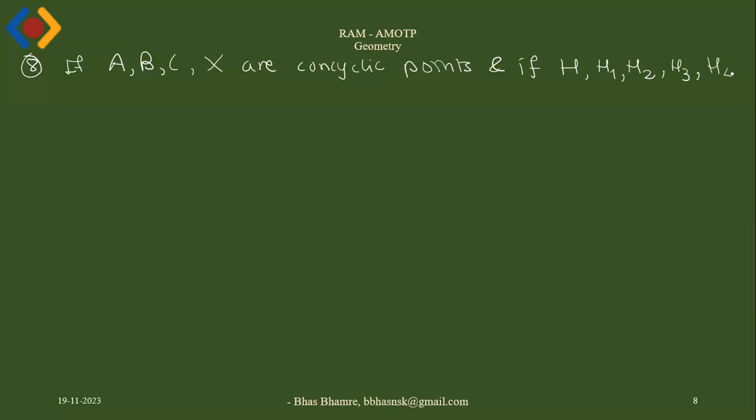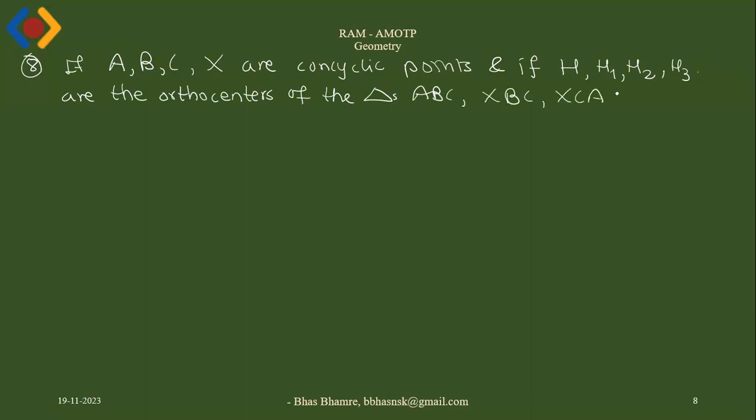So we say that if A, B, C, X are concyclic points, and if H, H1, H2, H3 are the orthocenters of the triangles ABC, XBC, XCA, and XAB respectively, then